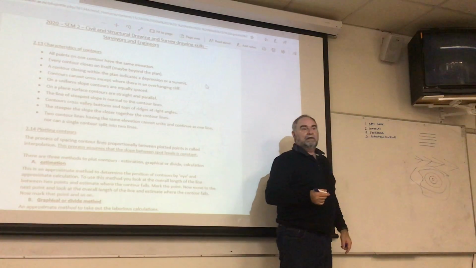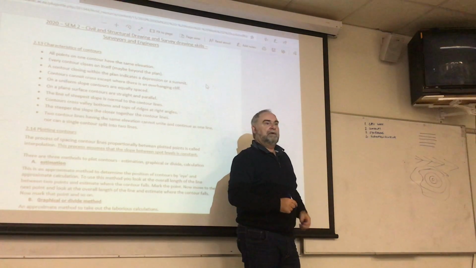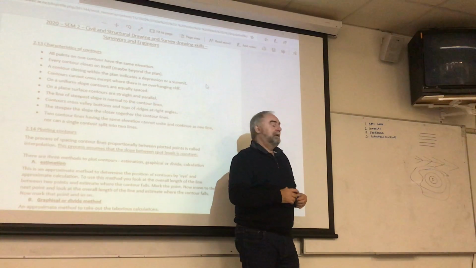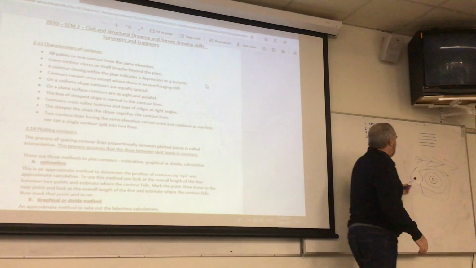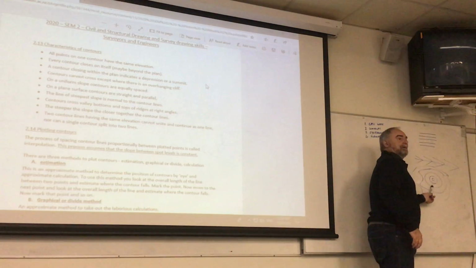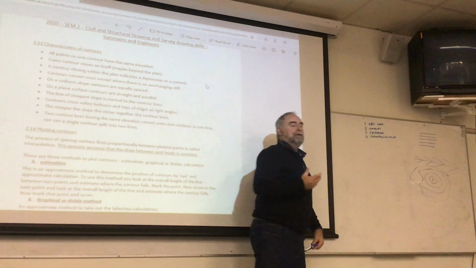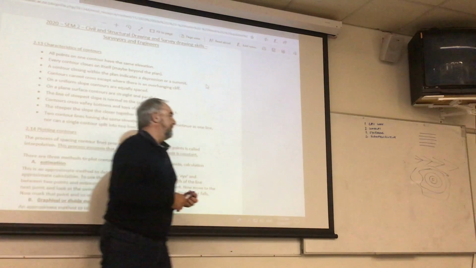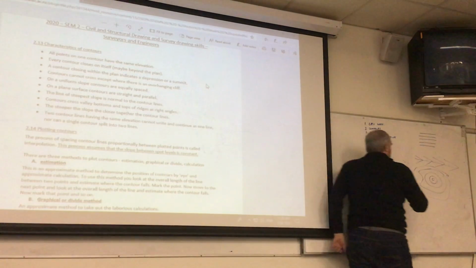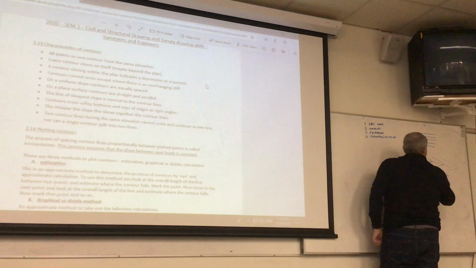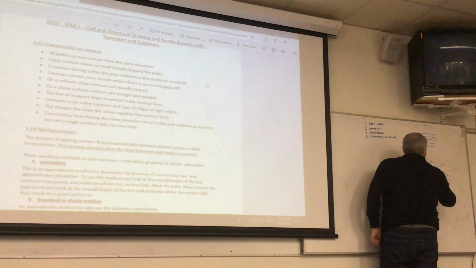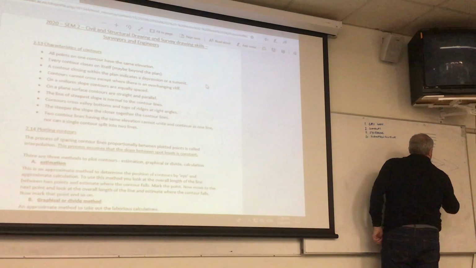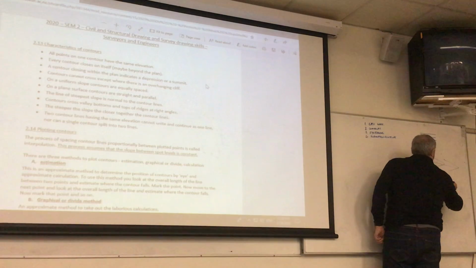It may not be. It might be a hole in the ground. So interpreting contours is a very interesting skill that you eventually get to hang on very quickly. Another thing with contours is if we draw arrows at right angles to the contours, we can very quickly work out, now this is a simple example, but it's a bit like once I was